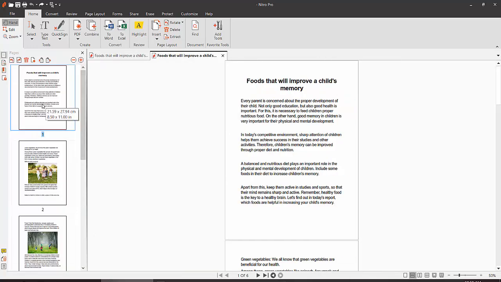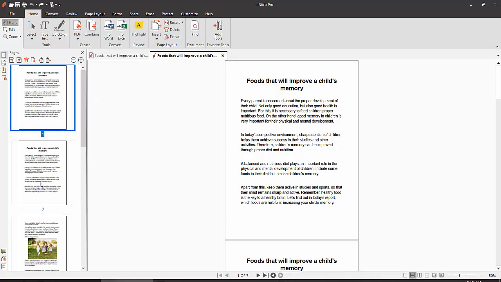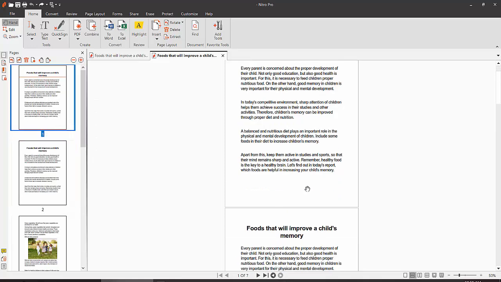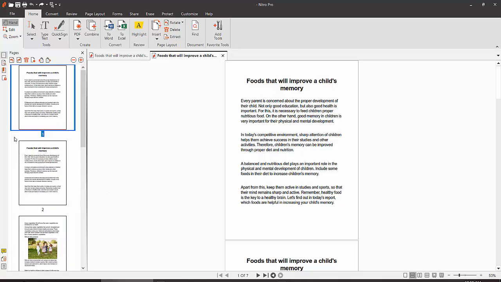Now click on this page thumbnail and select your pages. Now right-click with your mouse cursor and here you will find this duplicate option. Click here and see this page is now duplicated. You can also duplicate multiple pages; drag your mouse cursor